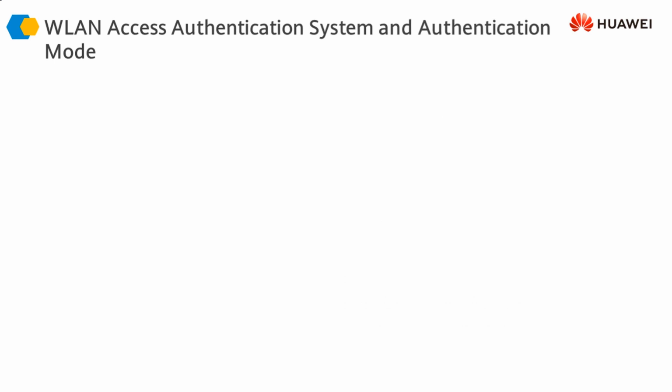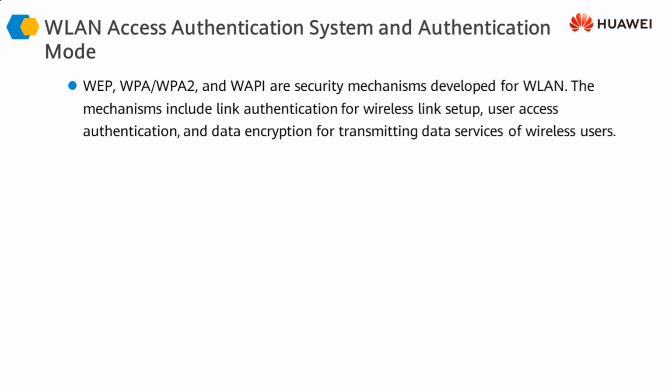Starting off with authentication systems and authentication modes, as we discussed earlier, we can have the authentication either through WEP or through WPA or WPA2 or through WAPI. WAPI is something we have not discussed so far. This is a Chinese standard which was proposed or pushed forward by the Chinese government, but then they withdrew it, so it is not used in the industry broadly these days, but it's just good to know the name. WAPI stands for, or stood for, Wireless LAN Authentication and Privacy Infrastructure.